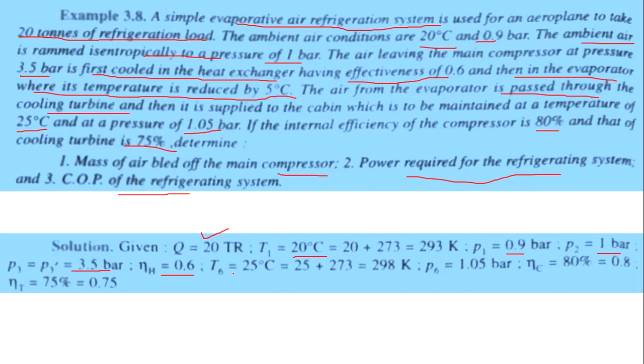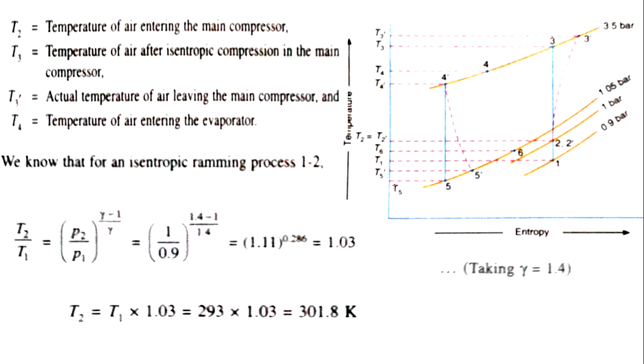then cabin temperature is 25 degrees Celsius we have to maintain, as well as the pressure is 1.05 bar, compressor efficiency 80% and turbine efficiency is 75%. Okay, so this is the TS diagram